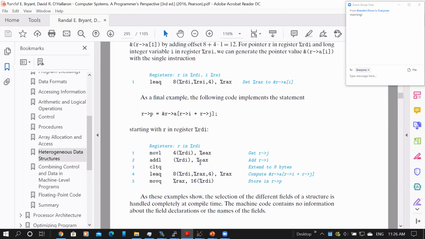So maybe it is a negative number that you're adding to the other one to come up with the index. In any event, we've got the proper 64-bit representation of what we picked up and put into the EAX register, right? So we added those two together, the I and the J,